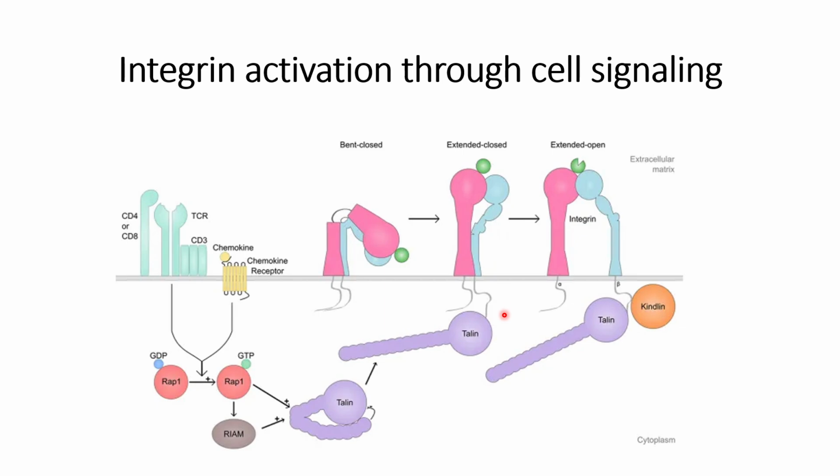So in order to activate that ligand binding domain, this kindlin needs to bind to the beta subunit of the integrins, and once this kindlin and talin bind, then it will change the conformation from extended closed to extended open, and this is quite a stable condition where